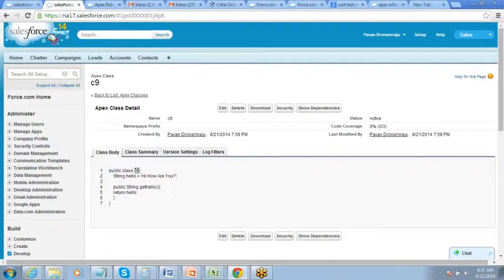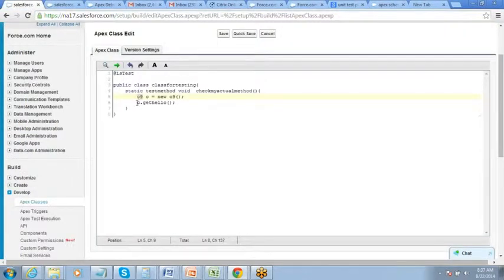So C9 is the class and getHello is a method on that, right? So this is the method which I want to test. So I just say C dot, so I define an instance for that. Do this. Alright, now let's go and run the test method. So I will not need to run the actual method now. My point is to run the test method.